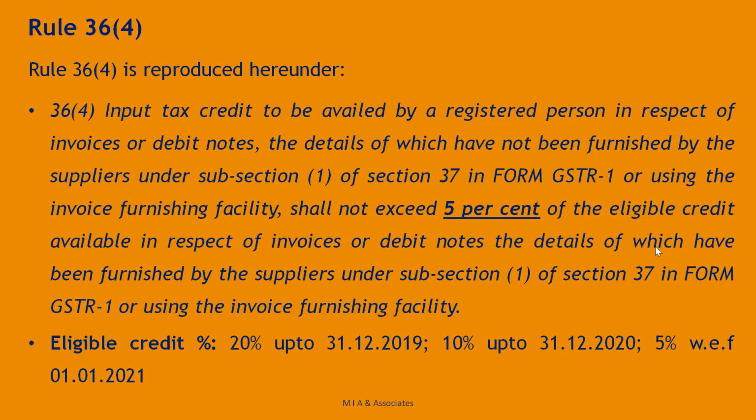these are reported. Basically, we need two essential elements of data in computing eligible ITC under Rule 36(4). Number one, we need the details of invoices which have not been reported by the suppliers in their monthly returns. And secondly, we need the details of all the purchases during the given period or month based on the accounting system, based on the updated purchase register. So unless and until these two details are available, it is not possible for one to compute the eligible ITC under Rule 36(4).